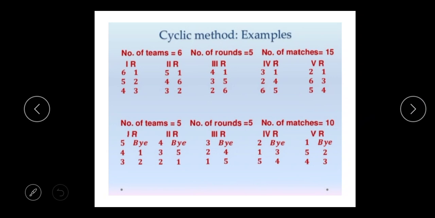we give one example each for the even number and the odd number. First, 6 teams are there, so you make the picture. Then 6 teams is an even number, so use the even formula. The number of rounds is n minus 1. Then n minus 1 is 6 minus 1, which is 5. How many rounds are there? 5 rounds. Number of matches means